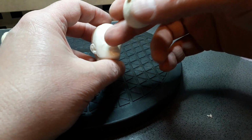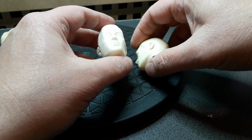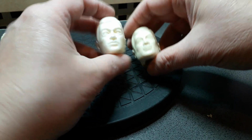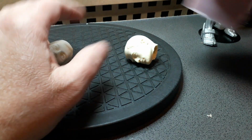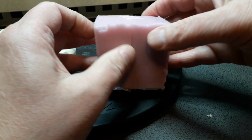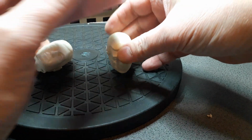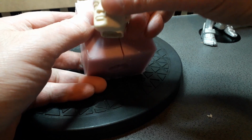Some things are improving, but the air bubbles, little things that sometimes can't be avoided. Sometimes when you're pouring your silicon into a mould, and I have it this way, with the figure on a stick like that, maybe sitting inside the mould,